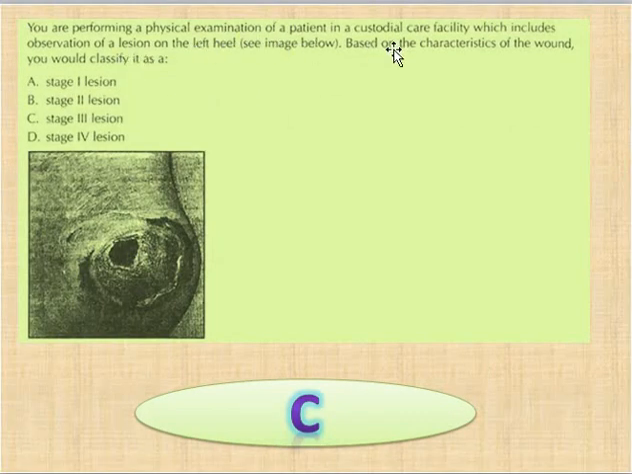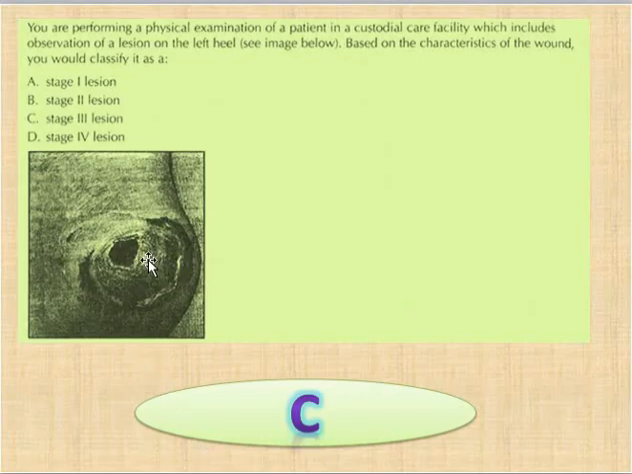You are performing a physical examination of a patient in a custodial care facility which includes observation of a lesion on the left heel. Based on the characteristics of the wound, you would classify it as A stage 1 lesion, B stage 2 lesion, C stage 3 lesion, D stage 4 lesion, and this is stage 3 lesion, जिसमें बेसिकली फैटी टिश्यू भी इन्वॉल्व हो जाते हैं।